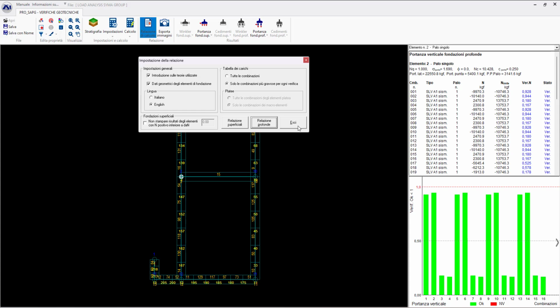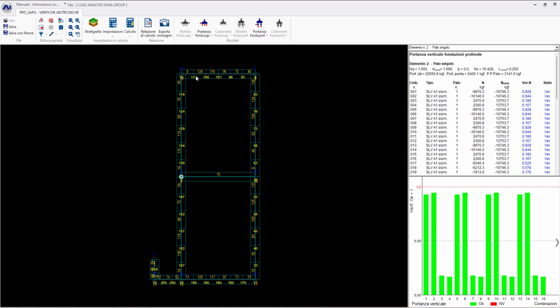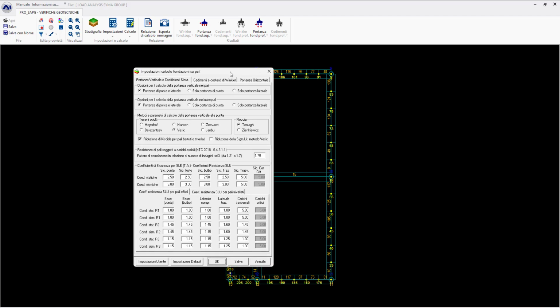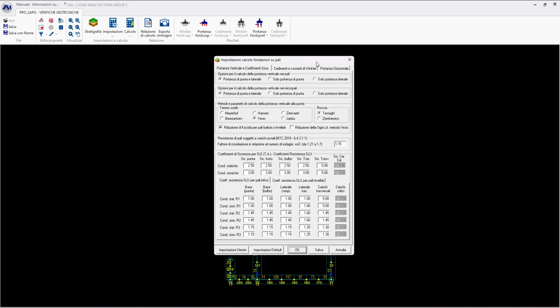Okay, that's done. One other thing you can do here is with impostazioni. For each kind of foundation, you can define different kinds of theories that you want to use to do the checks. Of course, in literature we have different theories that you can follow in order to do that, and there are some available in the software.